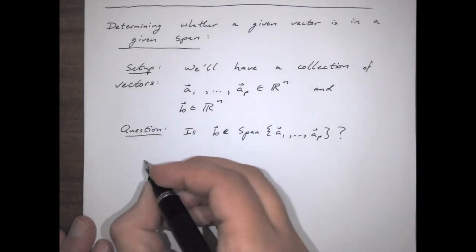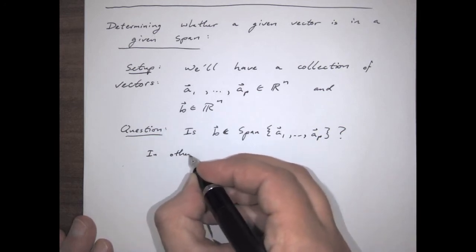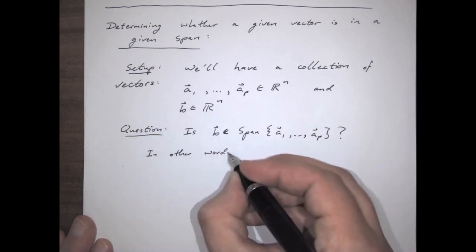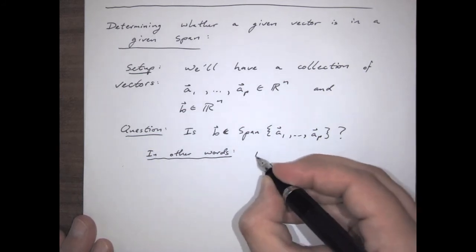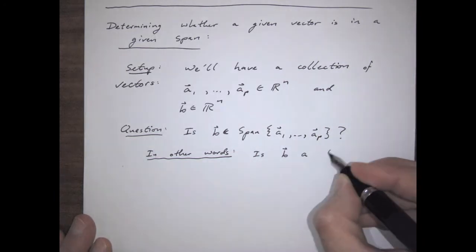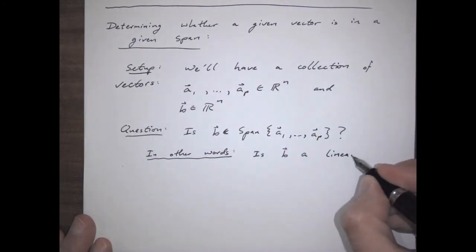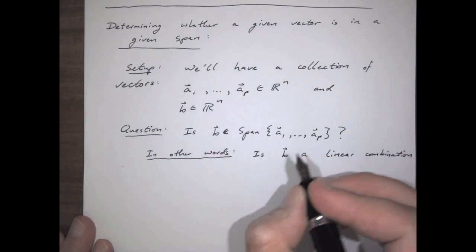So in other words, is B a linear combination